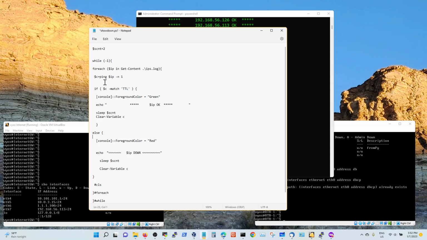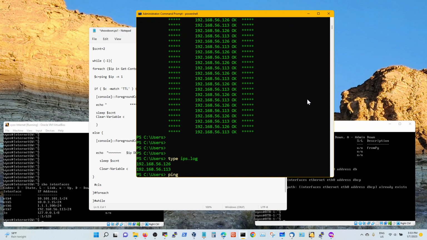And this is your command, so this variable is basically a command that takes in ping IP, this variable right here, and it says for each IP in Get-Content inside the IPS log file, which is right here, do a ping once, count of 1. If the content of this command matches TTL, which you see when you do this,